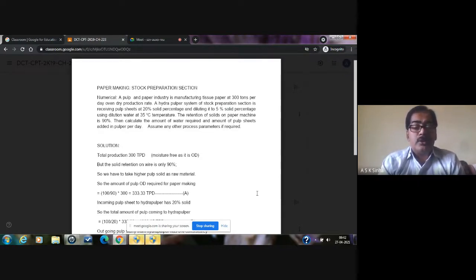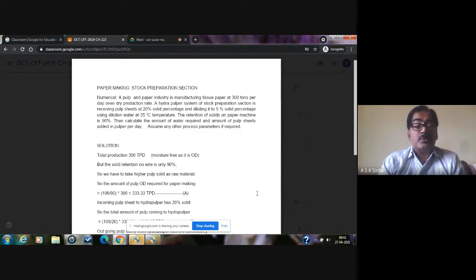The Hydra pulper is receiving the pulp sheet, or it may be in the form of pulp granules, which has 20% solid percentage. That means 80% is water. Generally, after manufacturing of the pulp, it is stored in a semi-dried form, so dryness will be between 15 to 20%. And then, depending on the utilization of different paper machines, it is sent to the